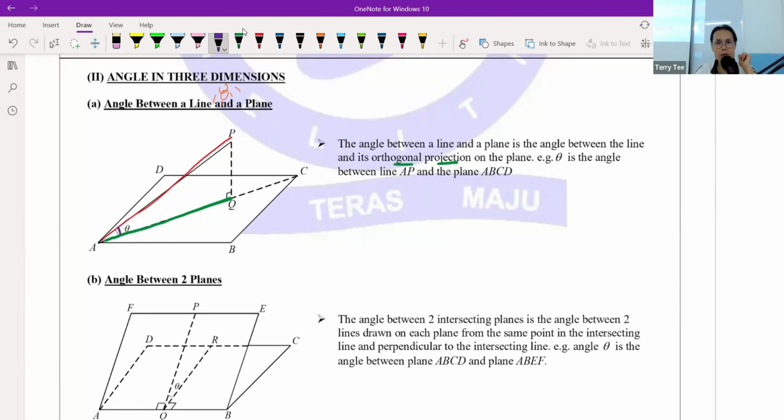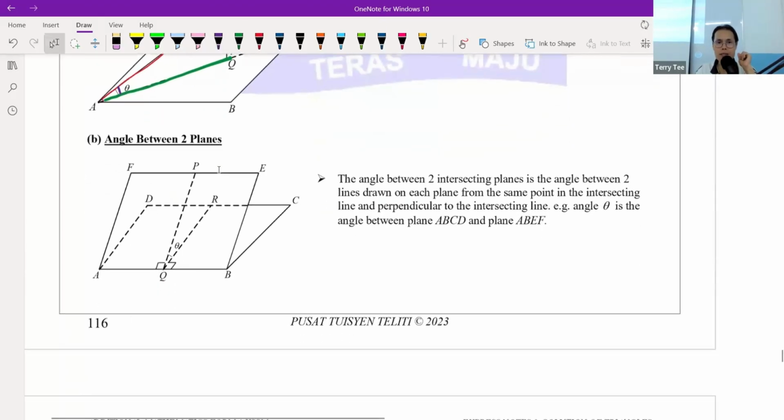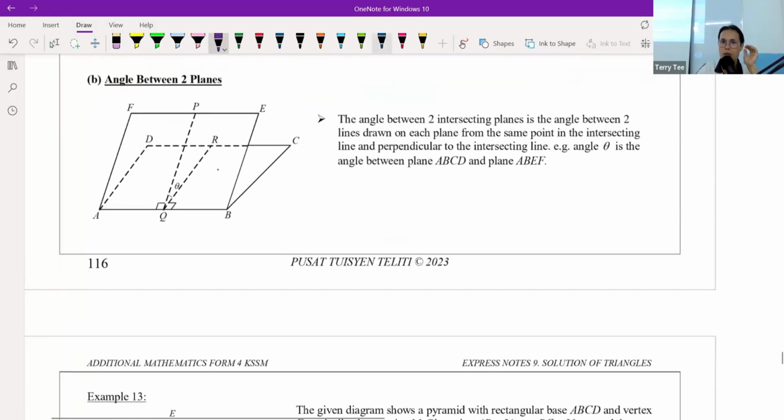Second one, how about angle between two planes? Now, if you have two planes, it's a little bit different. Number one, we define or identify the intersecting line. So when two planes intersect, right, the intersecting line, you can see quite clearly here, it is at AB. Then we draw a 90-degree to each plane. The first plane, 90 degree. Now you can actually draw anywhere because you can draw it here at BC. Second one, as long as it's perpendicular, and draw a second one at BE, as long as perpendicular,